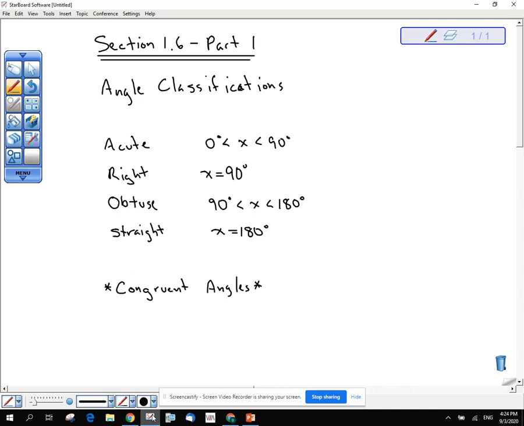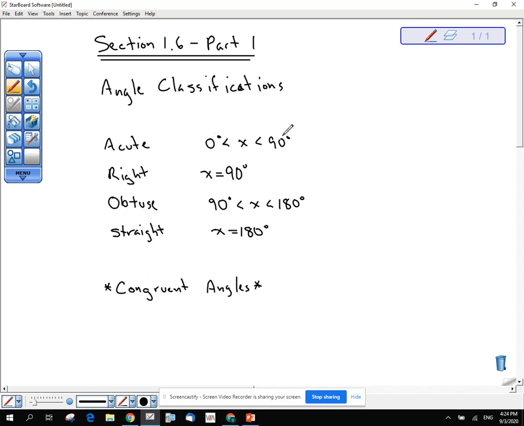Some textbooks would also include in this a zero angle, but that's pretty obvious, right? A zero angle is an angle that has a measure of 0. So we start with acute, and in each of these explanations here, x is the angle, okay? So if x is an acute angle, it's because that angle is something between 0